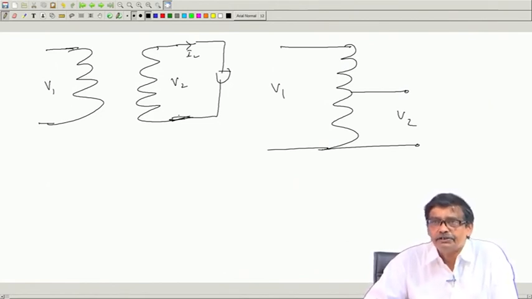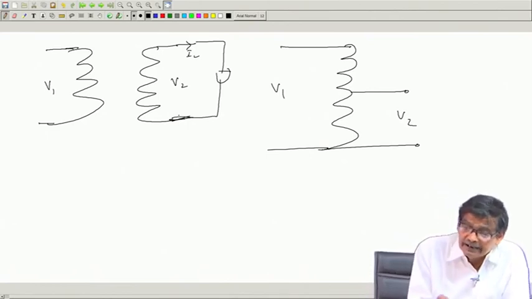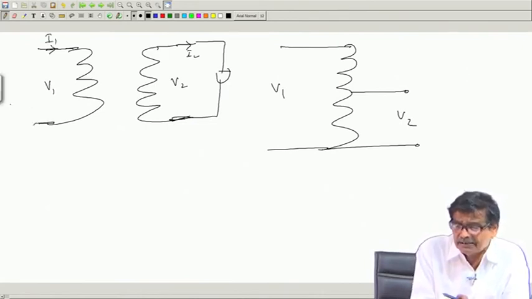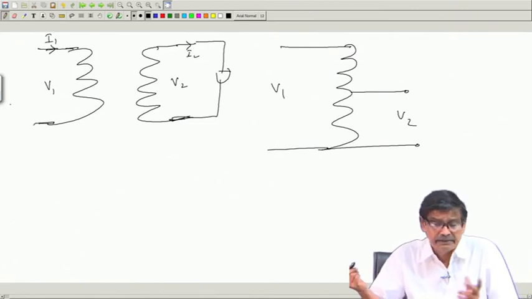Of course, there are situations like a distribution transformer where load varies, we have talked about that. But here, suppose they are delivering rated current, and primary current is also drawn rated,